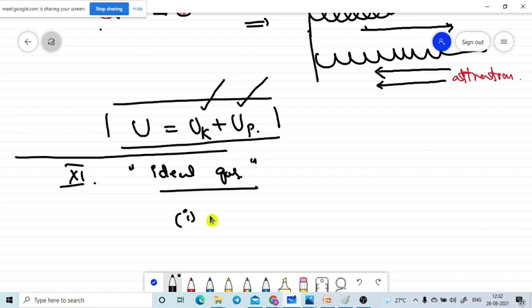They don't have any intermolecular potential energy. Are you getting or not? They don't have any attraction and repulsive forces between them. I already gave that word, na? So that means in an ideal gas,